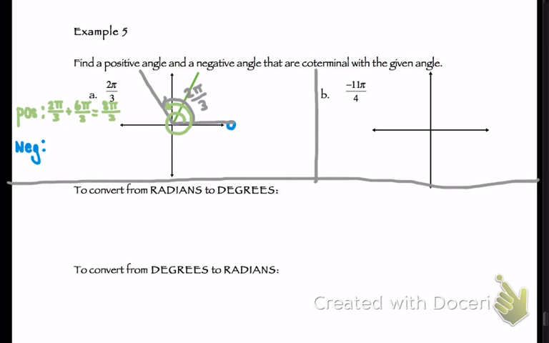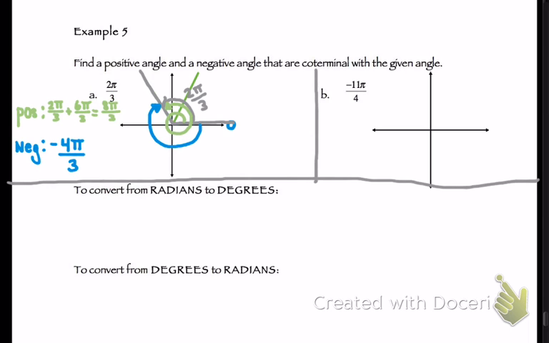My negative, well, that would just simply be from there to there. So if you need to draw these things again, understand that it's split into thirds. From here to here would be negative 1 pi over 3. From here to here, negative 2 pi over 3. This would be negative 3 pi over 3. So I think I understand that that would be negative 4 pi